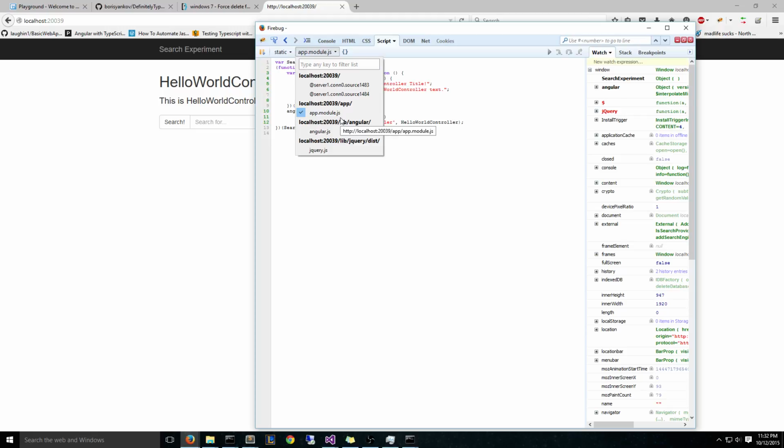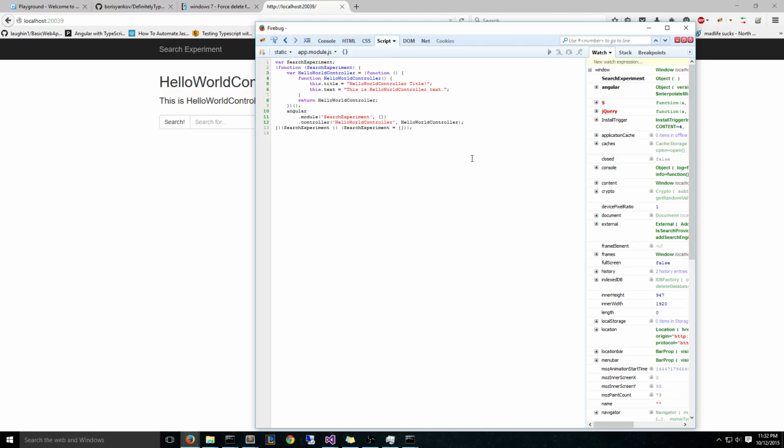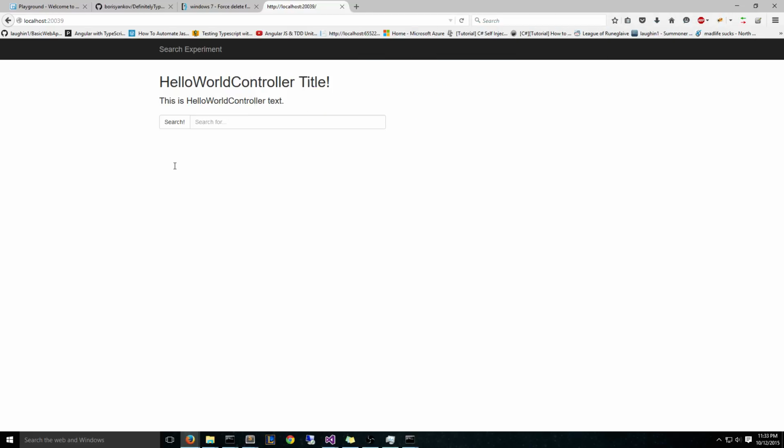You could use any web debugger you wanted. You'll note that the app.module.js is included, which makes sense. But we wrote our code in TypeScript, so it would be a lot better if we were able to debug using TypeScript. So if I put a breakpoint on line 8 and I refresh,